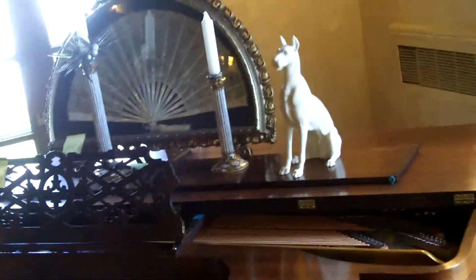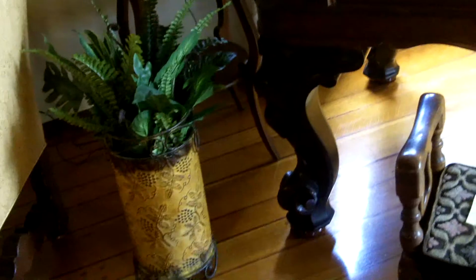There's what looks like an antique music stand there, and it does not mark stay, but I would assume it stays. And then there's the piano with two dogs, not porcelain, just statues of dogs, and some candelabras on top. Oh, and that big fancy fan thing. Well, the fan stays. The dogs aren't marked, but I'm not sure anybody would want them. Some sort of what looks like a waste can with flowers growing out of it. A small table with a nice tall